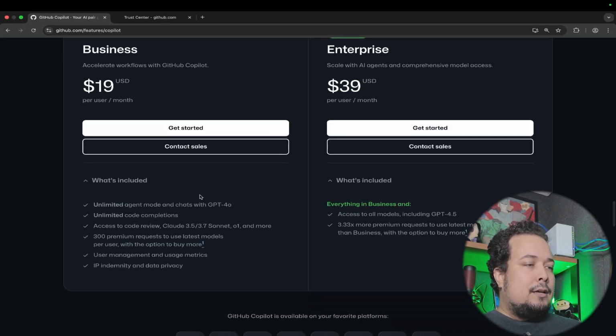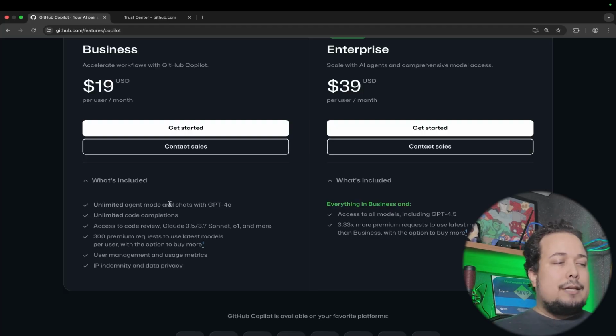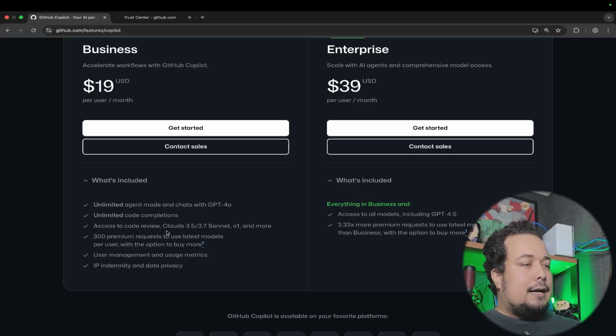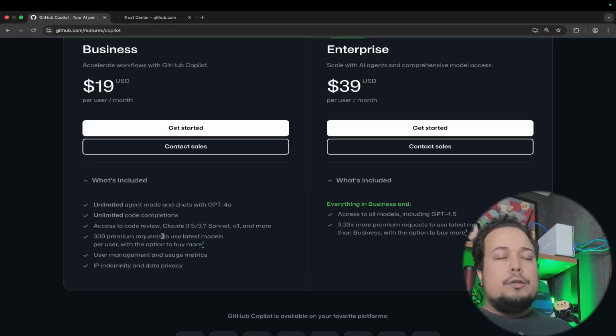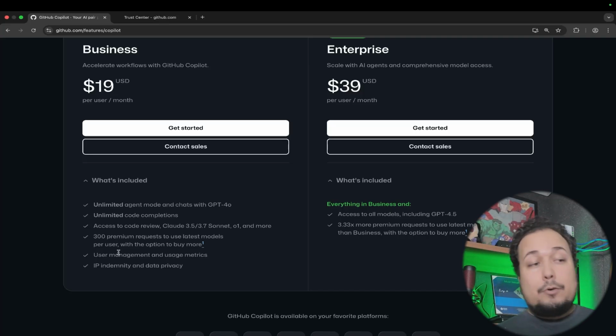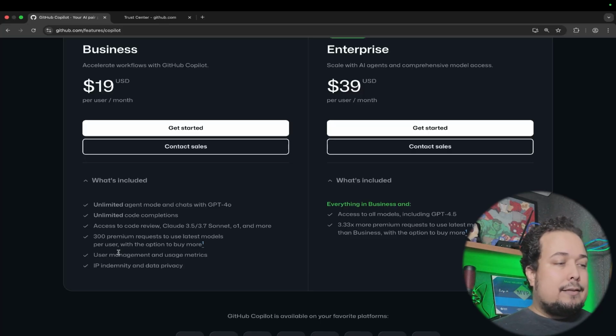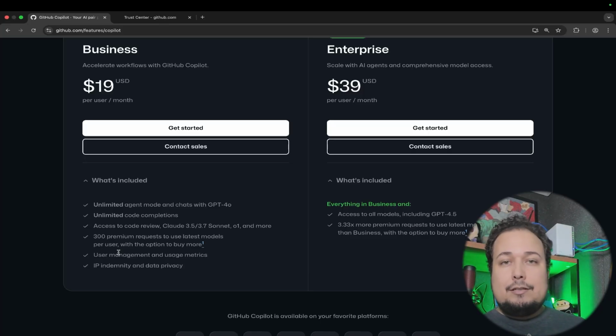In the Business plan, we have unlimited chat models and agent modes and chats with GPT-4o. We have unlimited code completions, access to code review, Claude models, O1 and others. And we have 300 premium requests to use the latest models. User management and user metrics are very interesting for companies, and IP indemnity and data privacy are very important